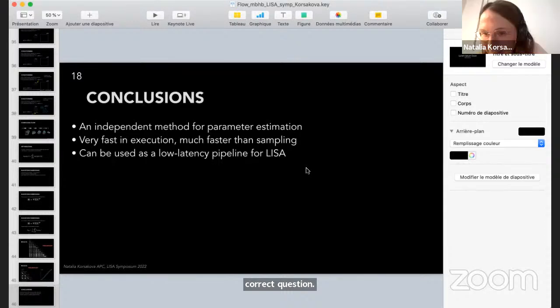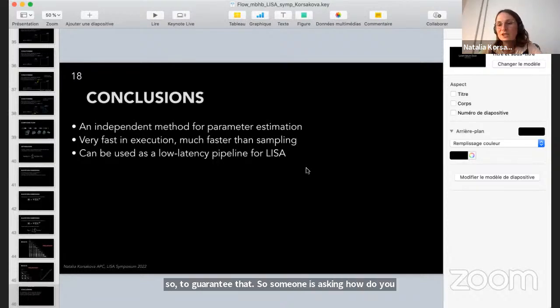How do you guarantee the transform? Senvan is asking, how do you guarantee the transform and its inverse are differentiable? Well, the way you guarantee that is that you construct it in a way that it is like that. When you construct your transform, you have to follow these three conditions, and you construct your functions in the way that guarantees that.